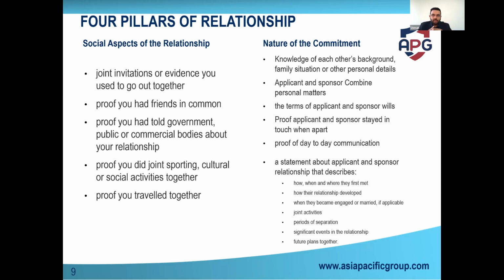If it's not from the same ethnic background or linguistic background, they'll try to understand what happened. So you'll have to explain it in your writing: we are from different cultures, it was a bit troublesome, we got together, this is how it worked. You have to explain everything in words. That puts a lot more onus on you to prove how it's going, because they know that if you're from different cultures, there may be friction. So they want you to explain those sorts of things. People from two different religious backgrounds, obviously, they know there'll be a bit of friction. So you have to explain how you're going to continue the relationship and how it is going to work. So that's one thing.